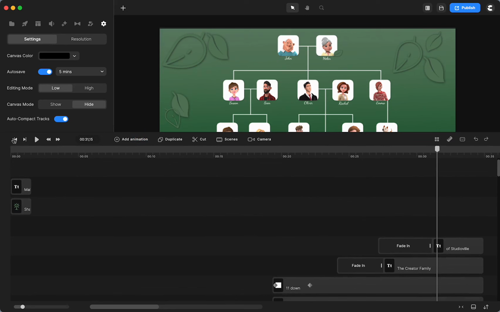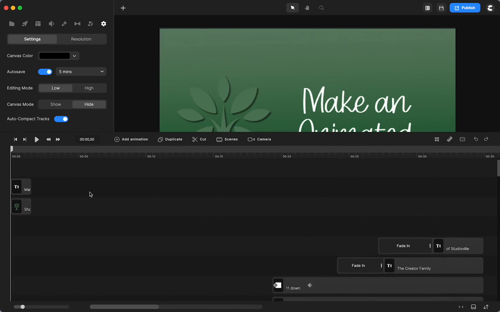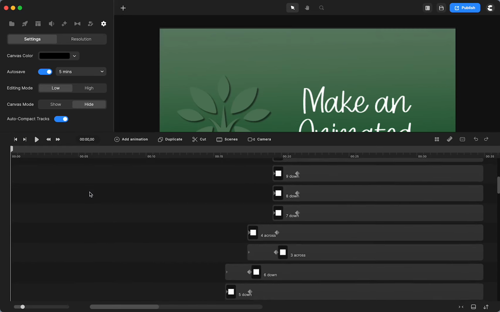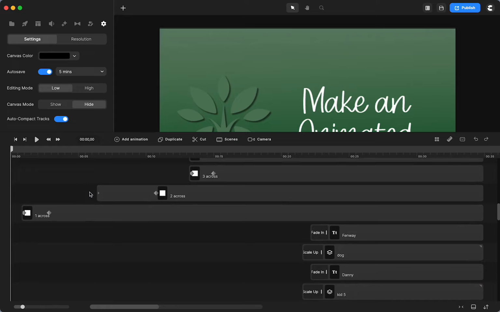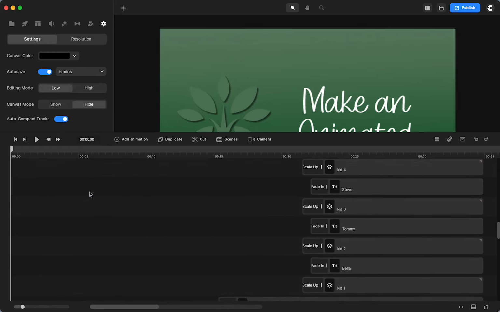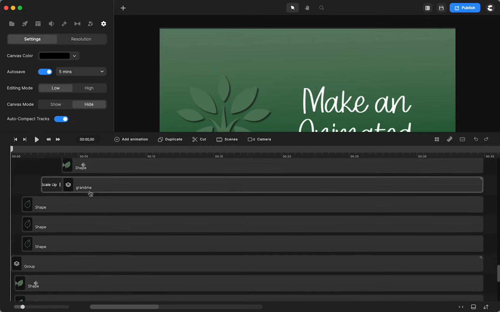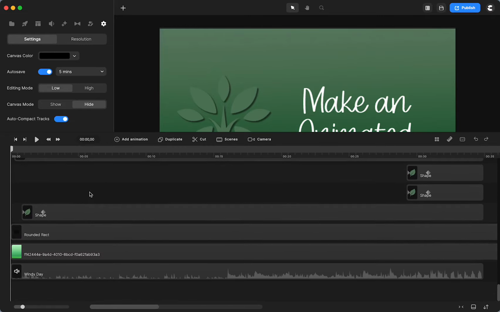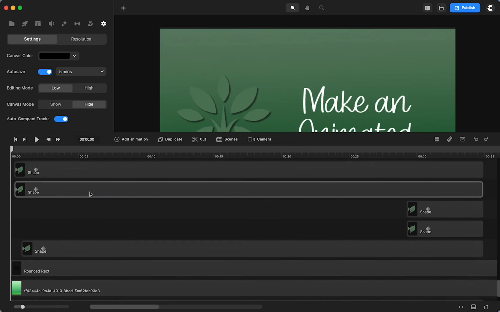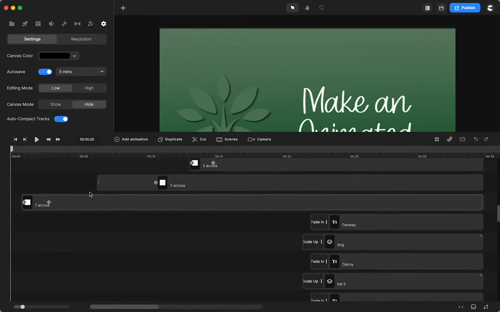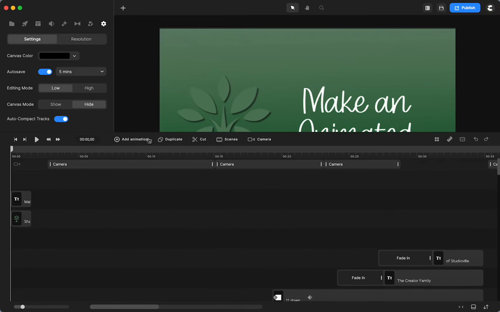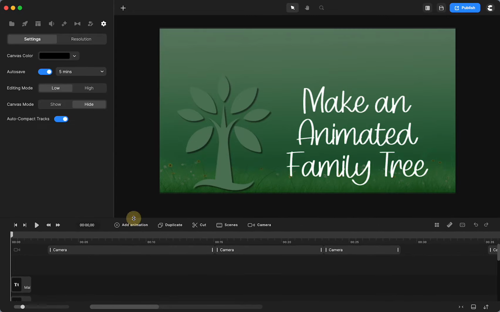It really isn't that hard, but it took a lot of different timings and different sizing. And as you can see, here's everything that I have, and you can see that I'm not the neatest person, so I don't have any groups. I think I could go back in and make some groups, but when I was done, I was done. So this is what it looked like on my timeline. So of course, I'm not going to do all of that. I'm going to show you with maybe one or two lines, and then that will just show you how you